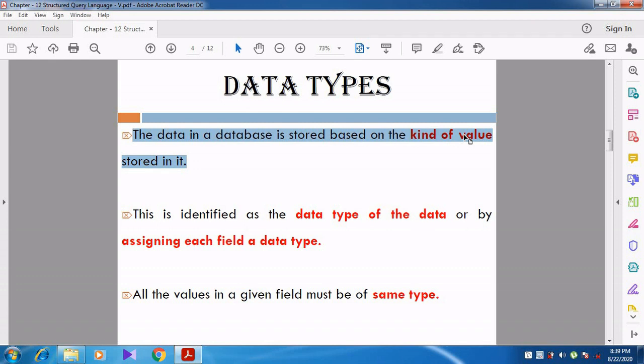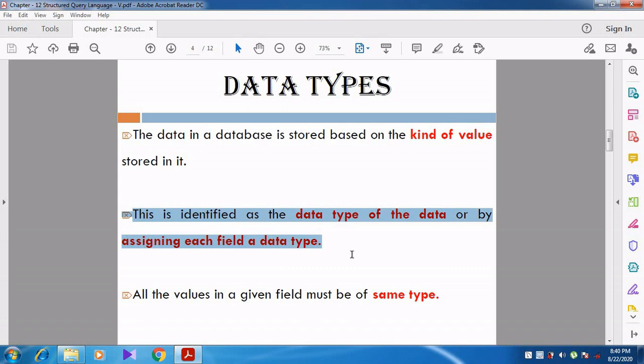So the three data I have given are different. The first is character data, or else we can call it a string. But the mark is a number, that is numeric. It may be an integer or any other type. So the data stored in the database is based on the kind of value we are giving. This is identified as the data type of the data, by assigning each field a data type.